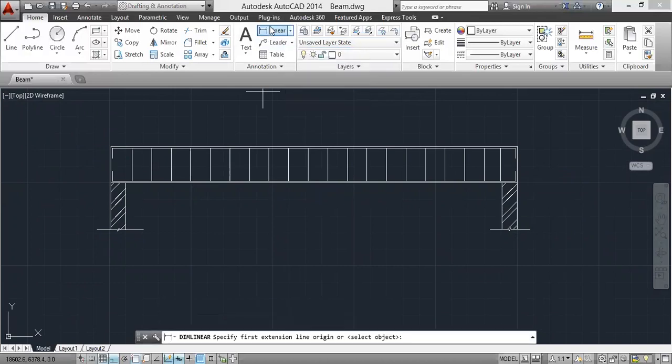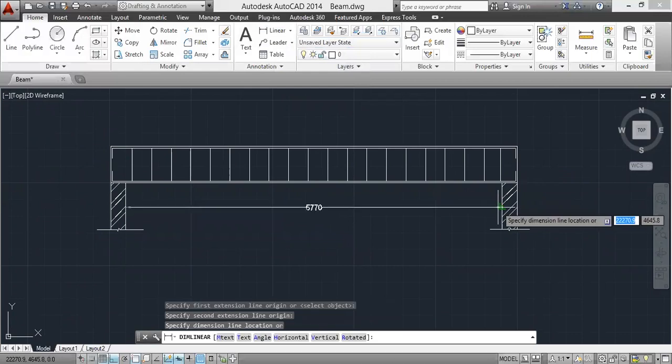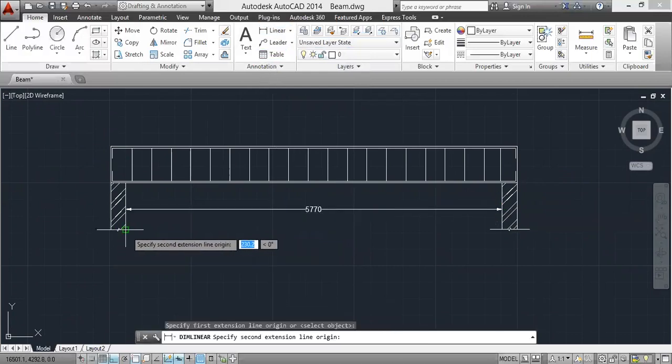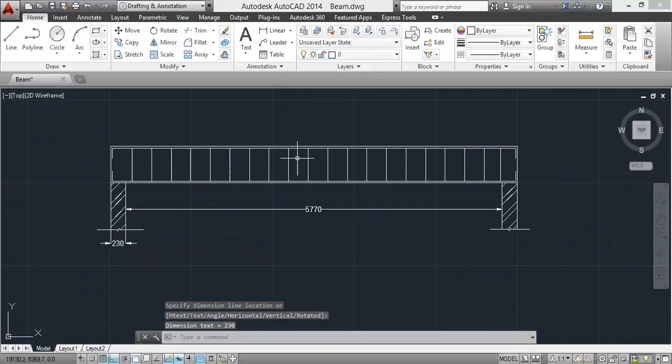This is the longitudinal section of the beam. Check the dimensions. 230 mm wall thickness.